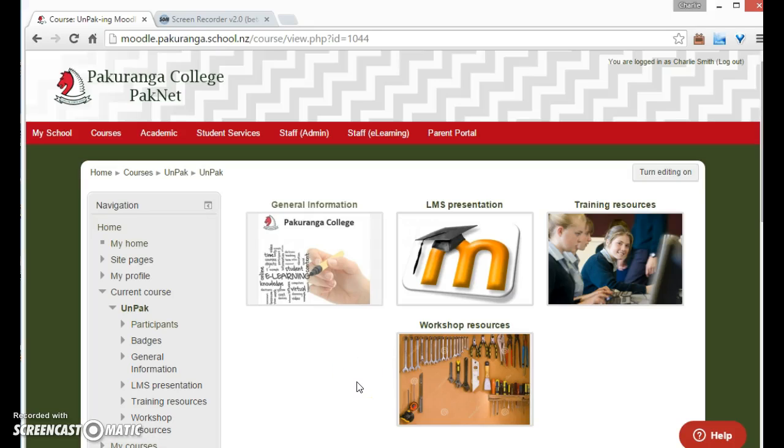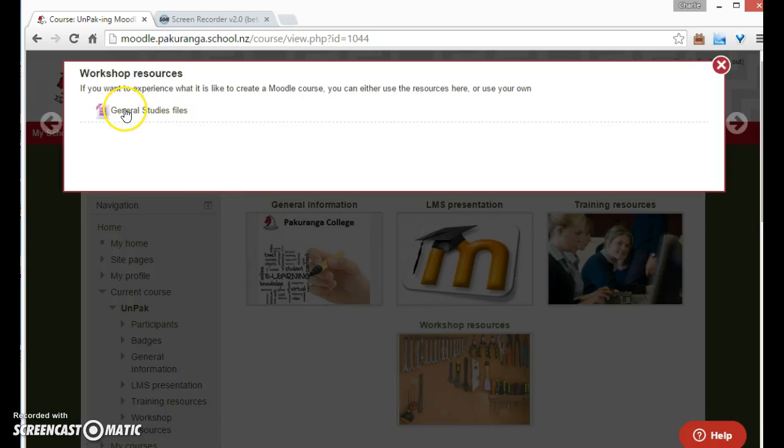A quick run through of what it's like to create a course from scratch in Moodle. Just highlighting some of the tools that are available and how quick and easy it is to get the job done. So in the unpack page that I'll put onto Moodle, there's a workshop resources place and there's a zip